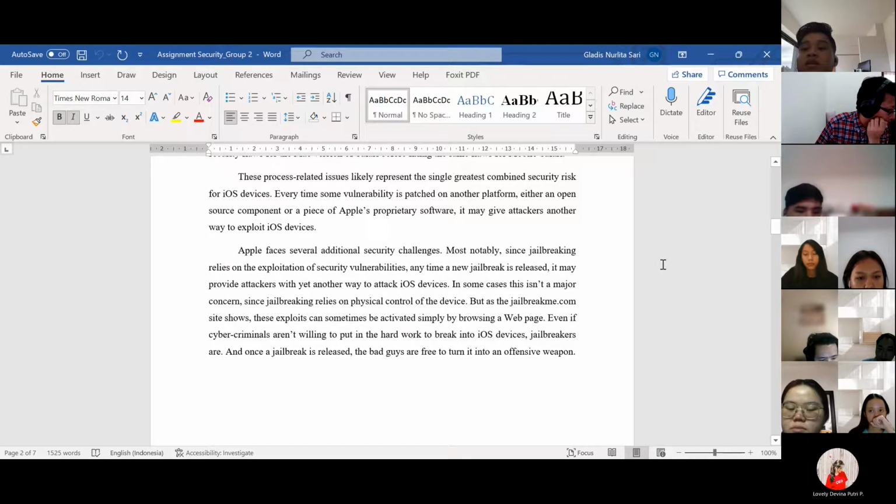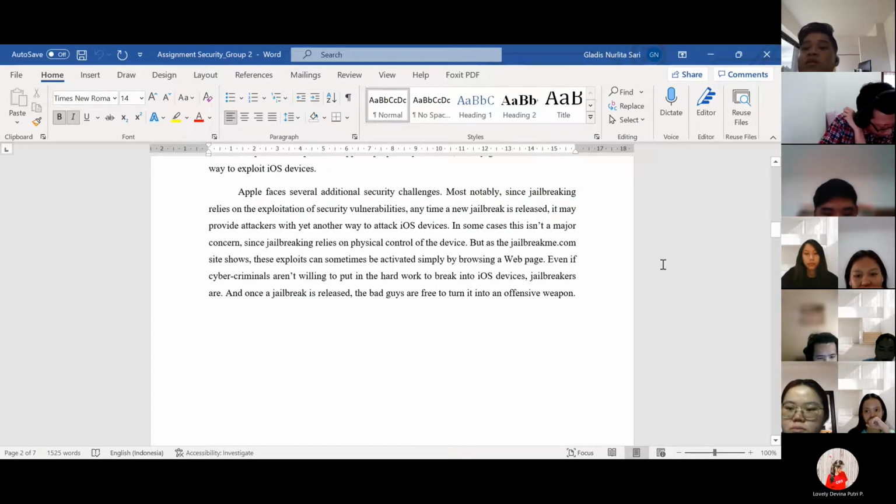Apple faced several additional security challenges, most notably since jailbreaking relies on the exploitation of security vulnerabilities. Anytime a new jailbreak is released, it may provide attackers with yet another way to attack iOS devices. In some cases, this isn't a major concern since jailbreaking relies on physical control of the device.